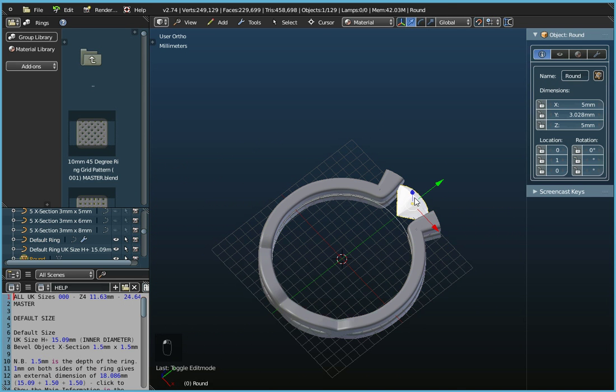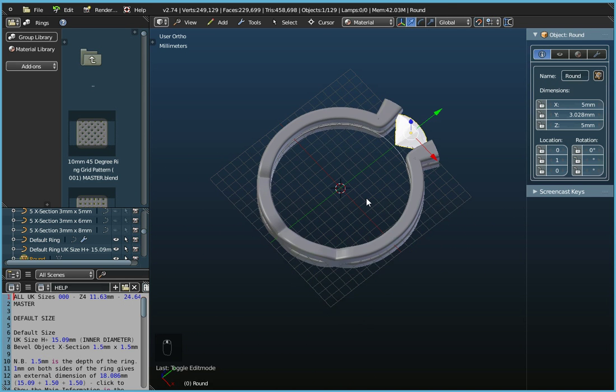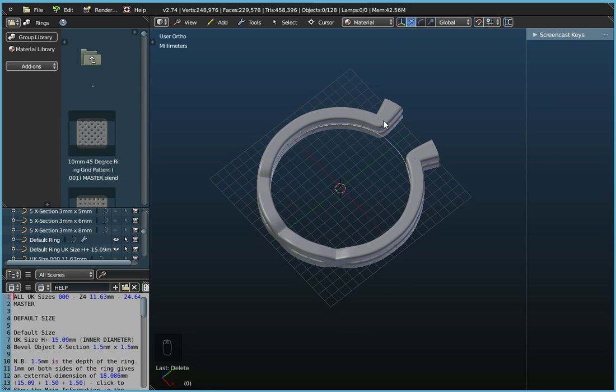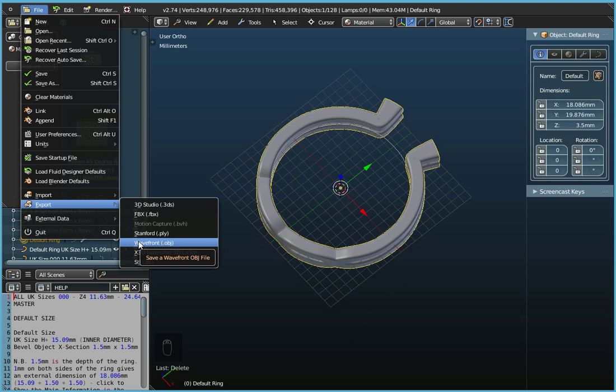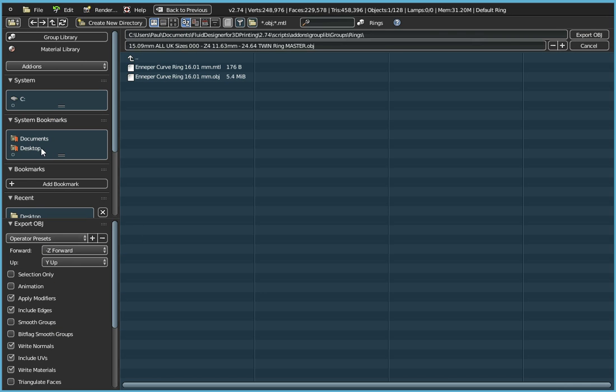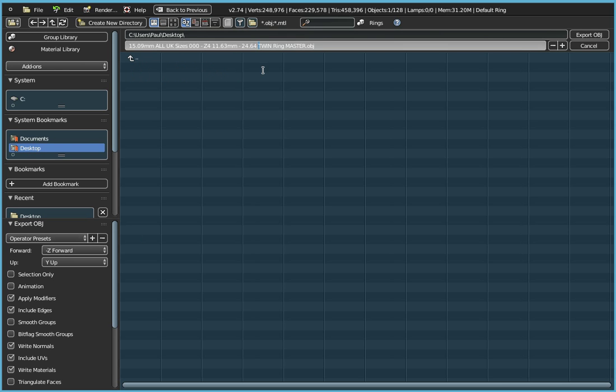So what I'm going to say is, first of all, before we actually export this file, what we need to do is to delete the gem. The gem isn't something that we want printed. And then remember, never go to File and Save, always go to File and Export. We're going to export a Wavefront object to the desktop, and it's a twin ring,